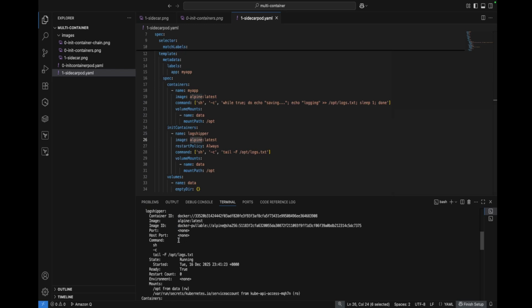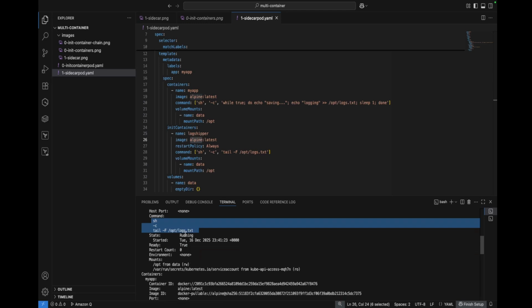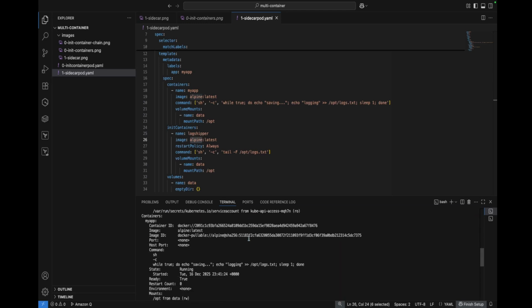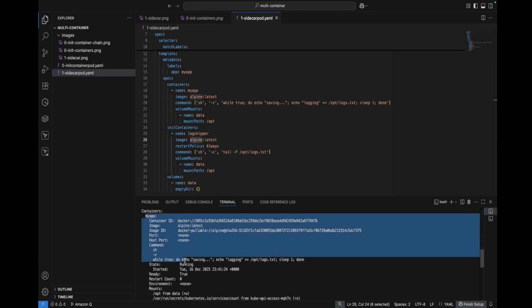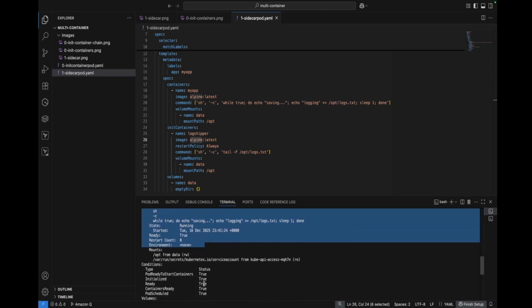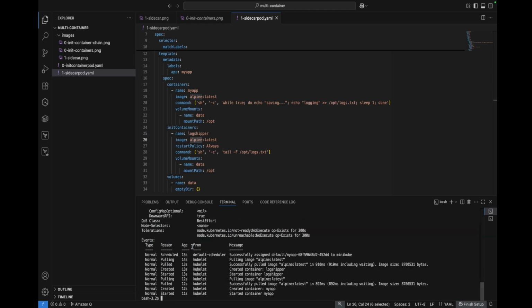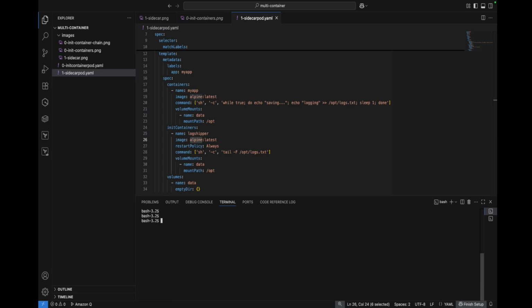If I show you, this is the command it's going to run, and you see the continuous running state, and it started at this point. And here is your main application, which is already running. Okay, and this is the volume. And if I proceed with checking the logs,